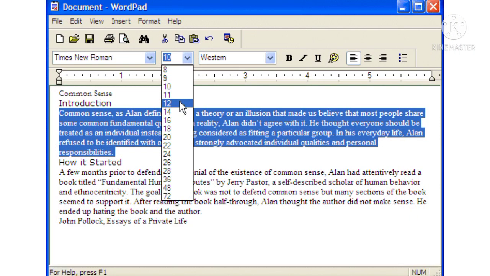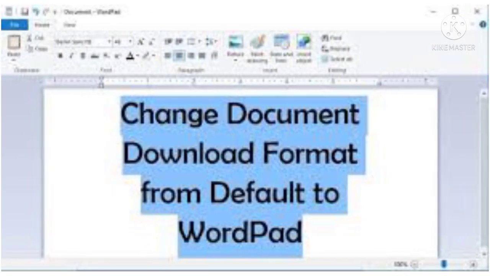Formatting in WordPad document. Let's have a look at the formatting options in WordPad. Number 1, open a new file in WordPad. Ensure you have saved the previous file you were working on. Number 2, type 3 or 4 sentences.